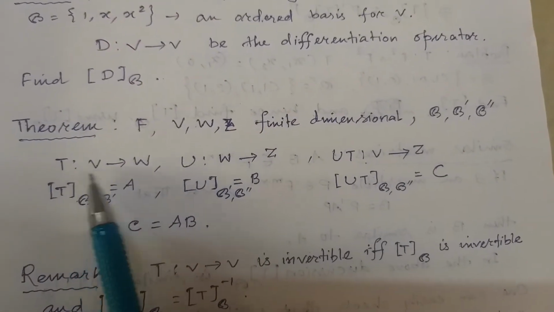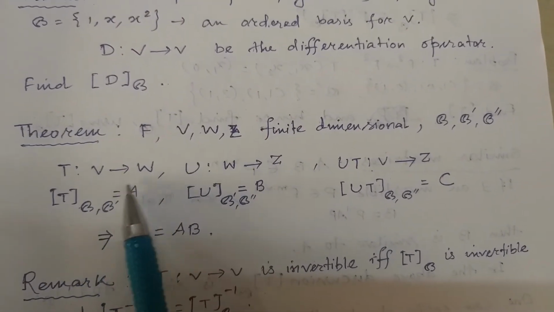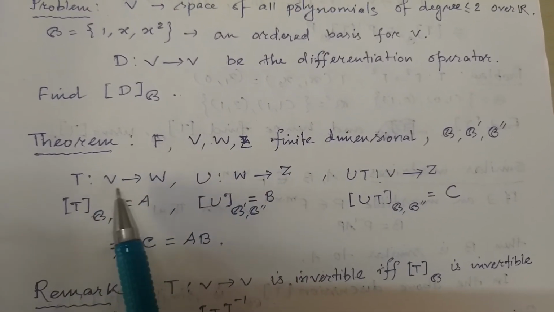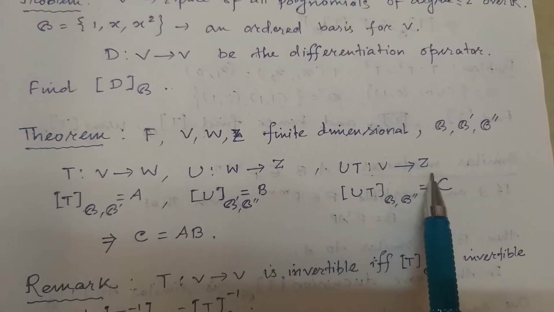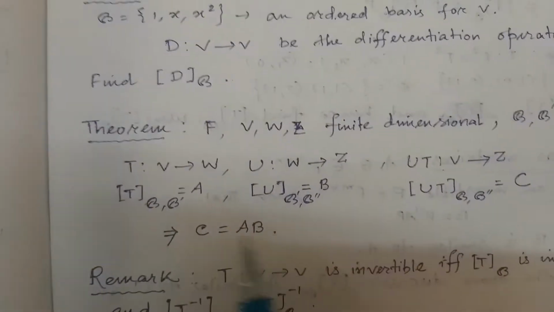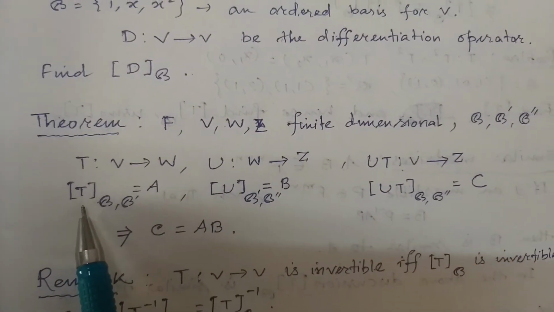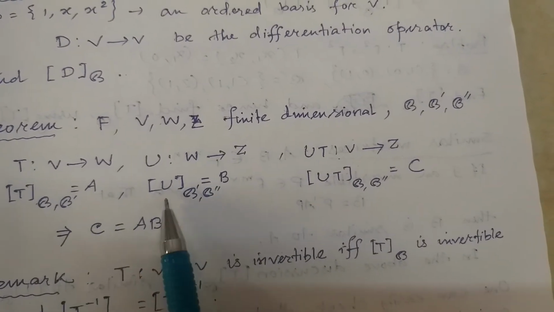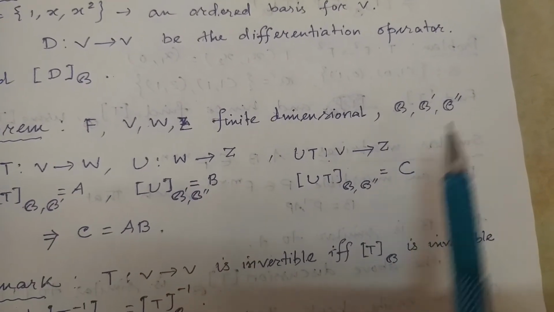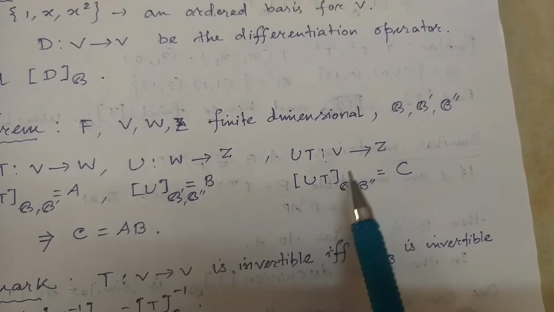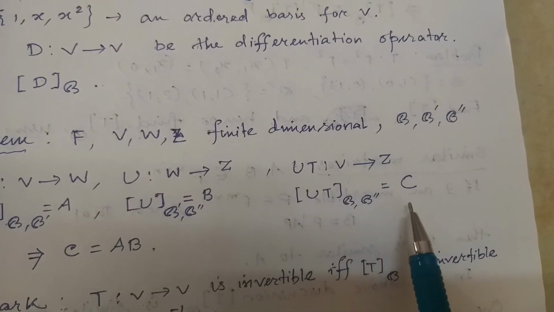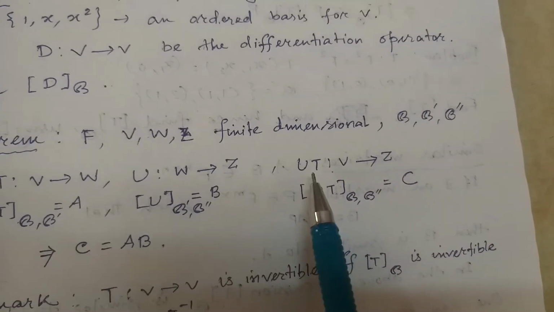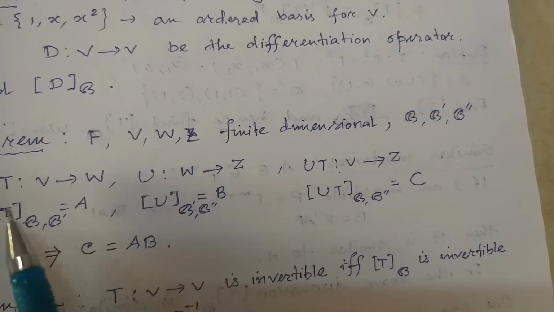Okay, let T be a linear transformation from V to W, U be a linear transformation from W to Z. So definitely UT is a linear transformation from V to Z. Suppose the matrix representation of T with respect to B and B dash be capital A, matrix representation of U with respect to B dash and B double dash is B, and matrix representation of UT with respect to B and B double dash is C. Now the relation between A, B, C is C equal to A into B. Whenever UT is the composition of U into T,